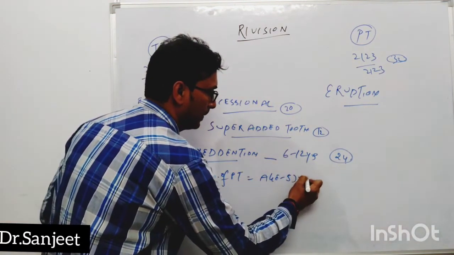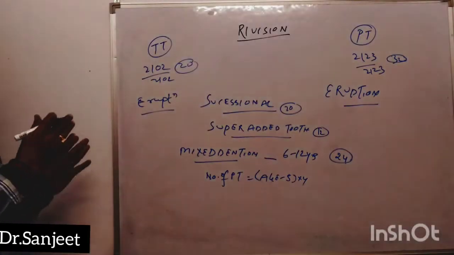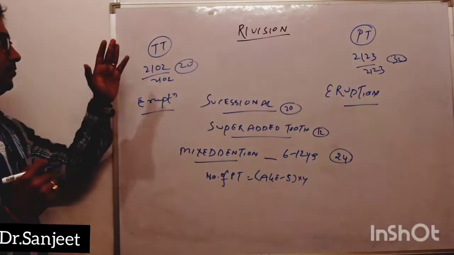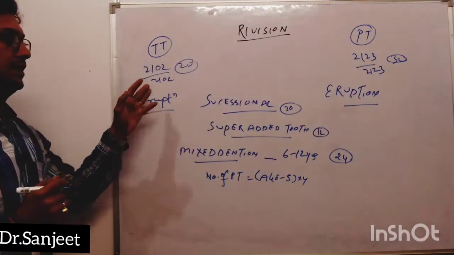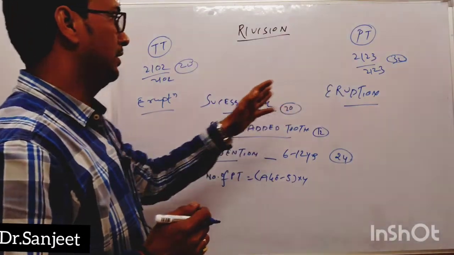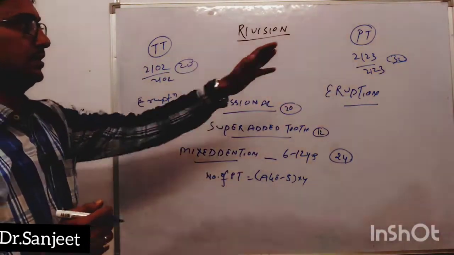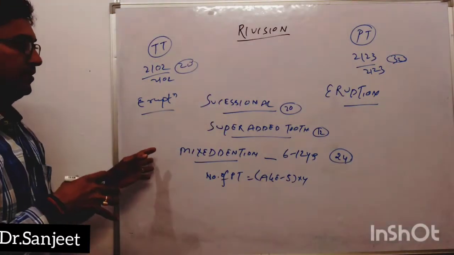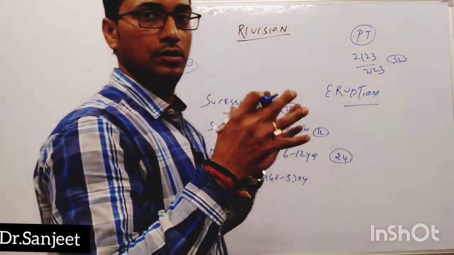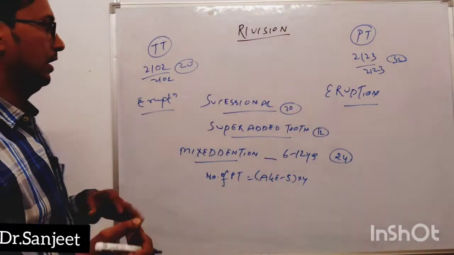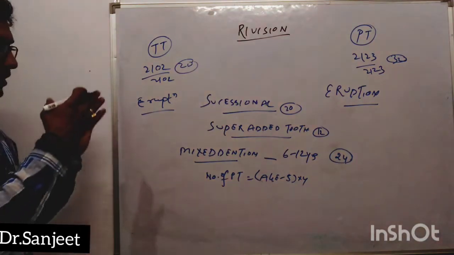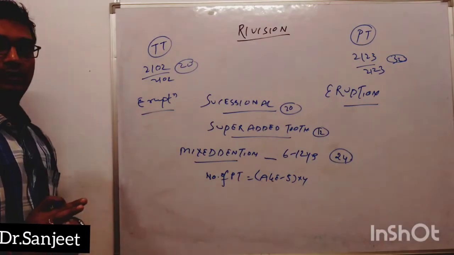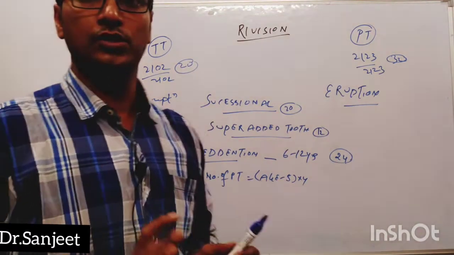(age) minus 5 into 4. Then the difference between temporary and permanent teeth: temporary teeth are 20 in number, permanent 32 in number. Then neck more constricted, less constricted. Crown is china white in color, ivory white in color. Then direction vertical, this is inclined. Then root smaller and more divergent in the temporary tooth, and the permanent tooth root is larger but less divergent, and the ridge is present in the temporary tooth and absent in the permanent tooth. This is all about teeth, temporary and permanent. Thank you.